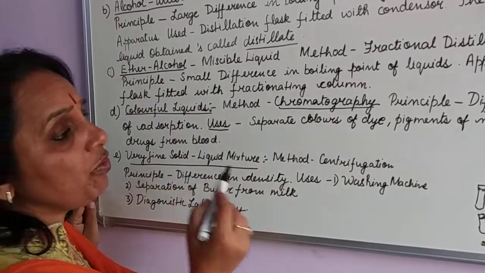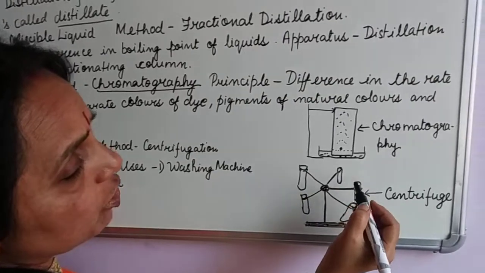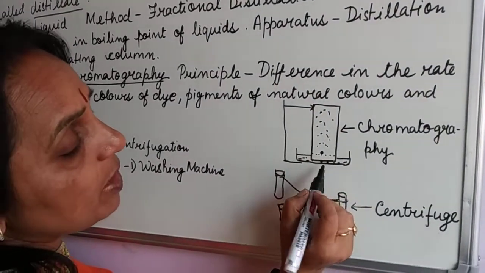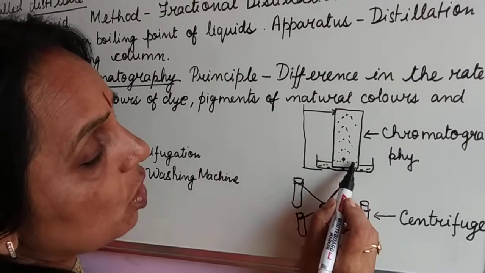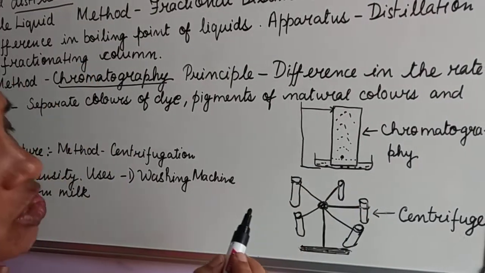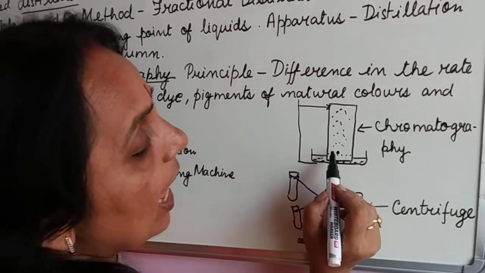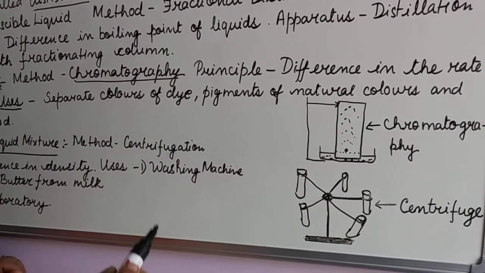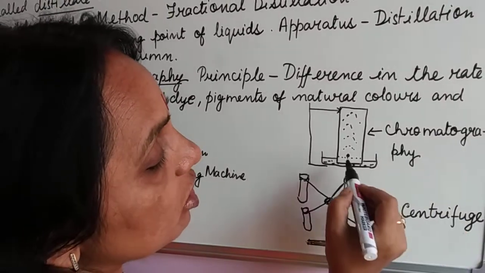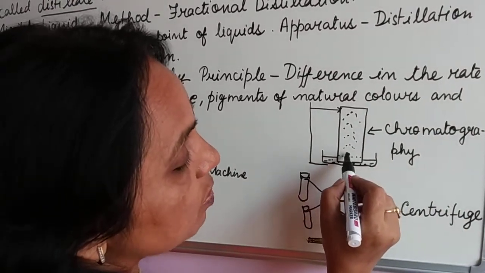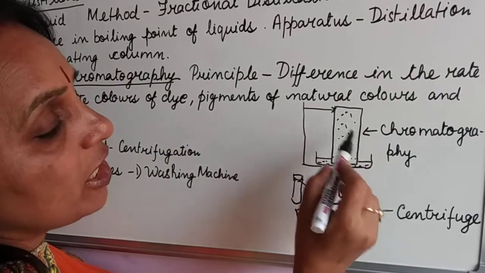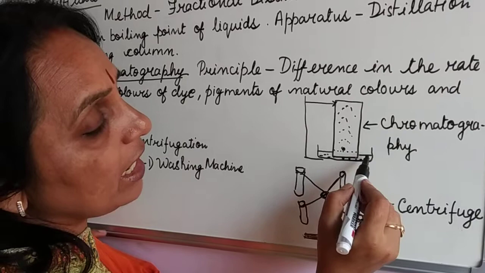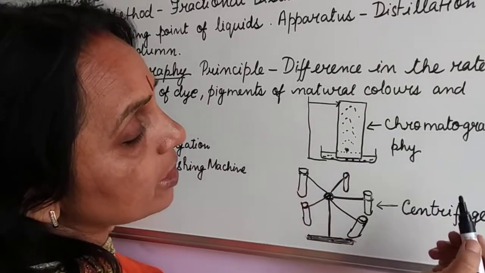Now here what do we do? We take, this is the diagram of chromatography that I have drawn. This is a filter paper. A filter paper is taken, a line is drawn about 3 inches from the bottommost mark, and above the line a small mark is made. Suppose you want to separate the components of black ink, so I have made a small black mark. Now this filter paper is immersed slightly in a trough containing any solvent, for example say water.